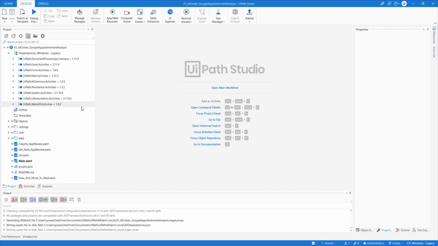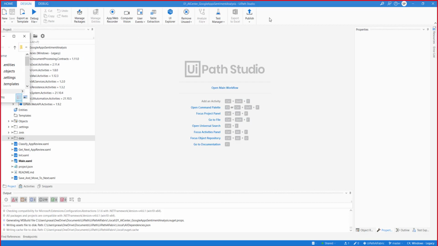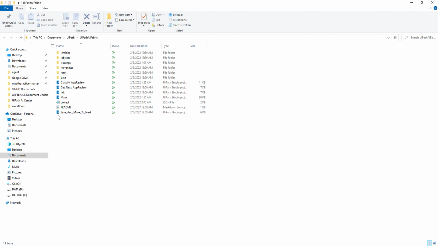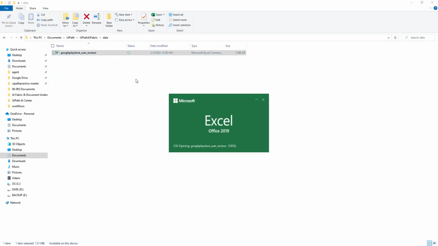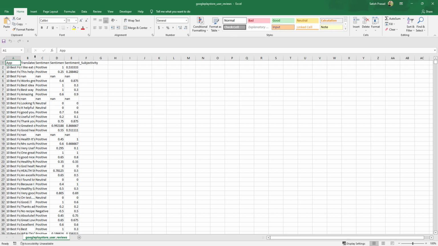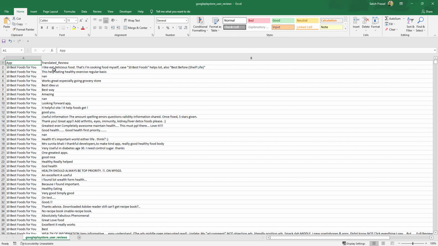All right. So what I'm trying to do here is we have a project where we have data for an app, 10 Best Food for You. That's an app listed on Play Store.